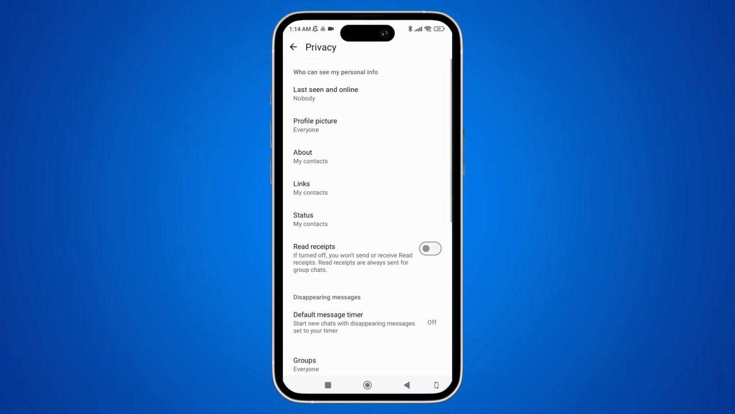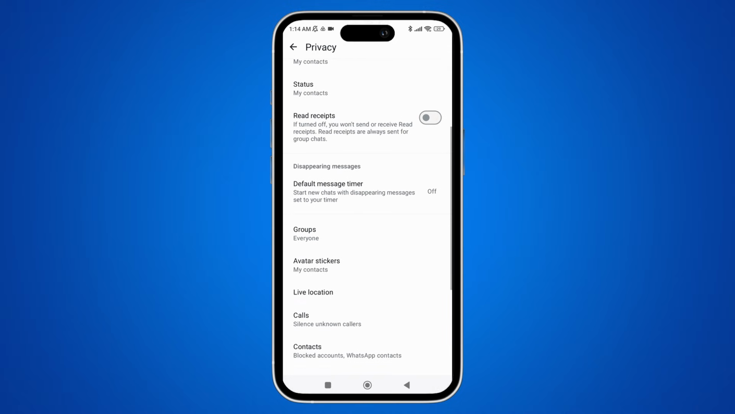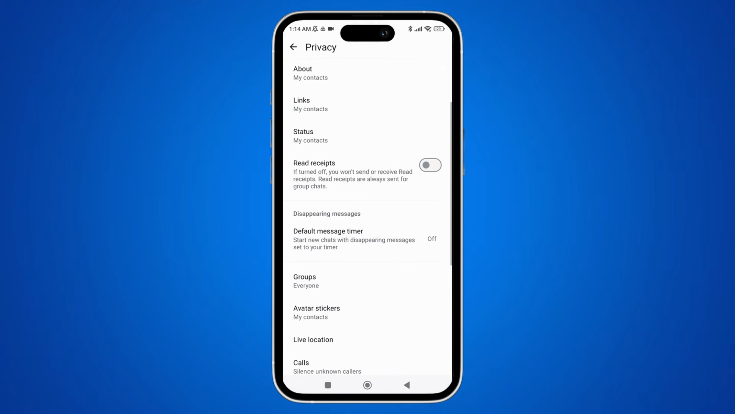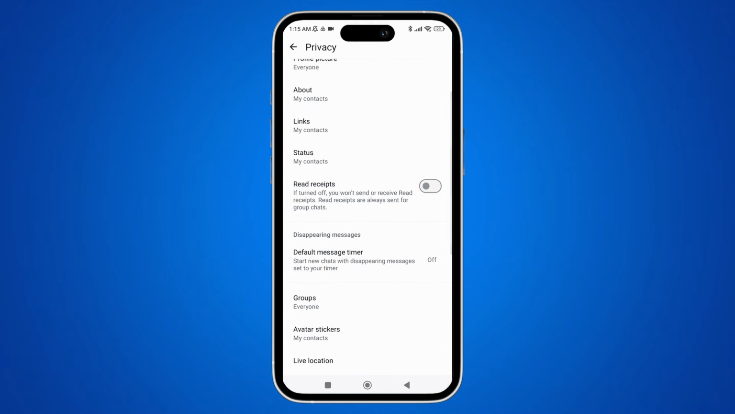In this section, you simply have to scroll down and there you'll see the option labeled Read Receipts. There you can just toggle off this option if you have it toggled on. And with that, what you can do is you can just